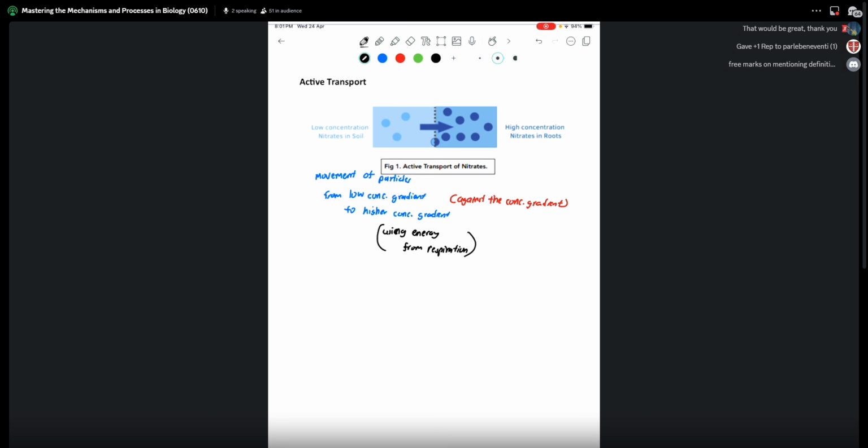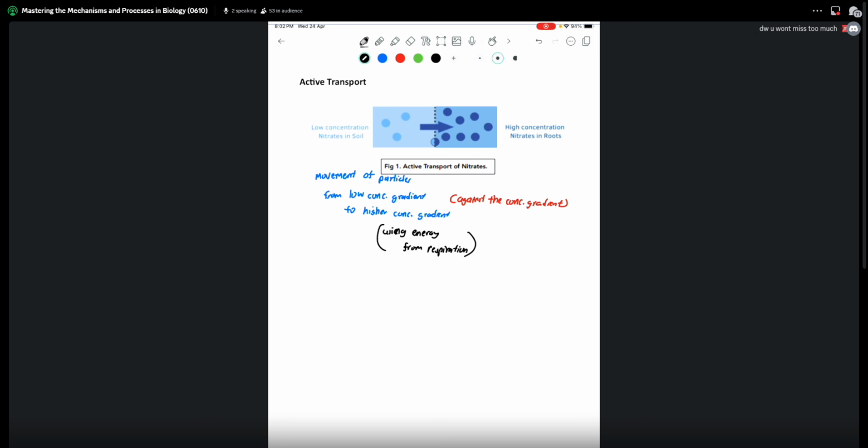Why? Because now they are using energy. Energy is the one that helps it to go against its concentration gradient. By law, it shouldn't do that. By law, it's always from a higher to lower region. But this time, because they have energy, this energy will help to pump across against the concentration